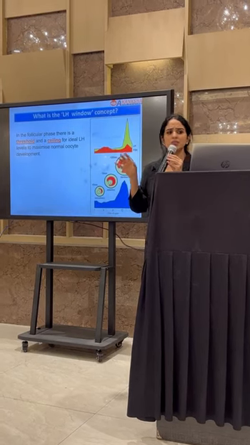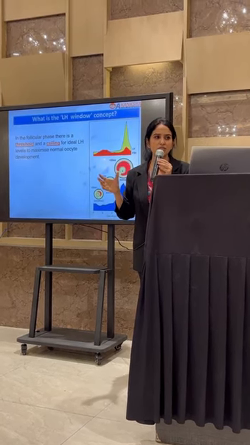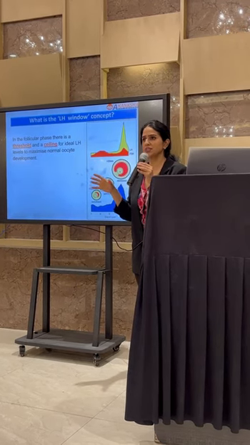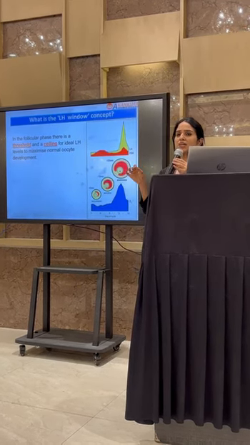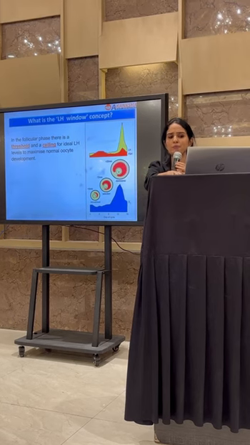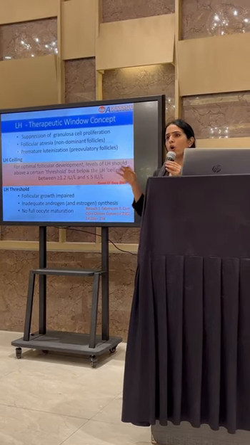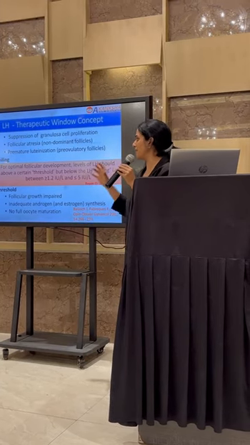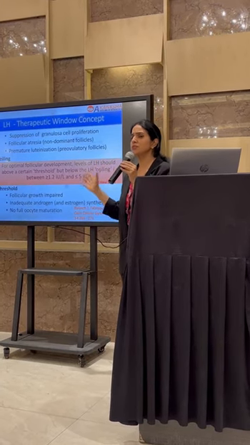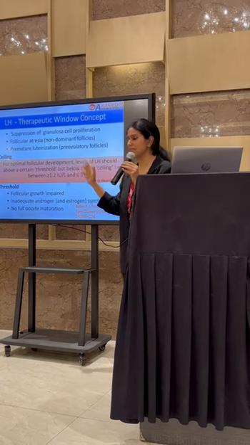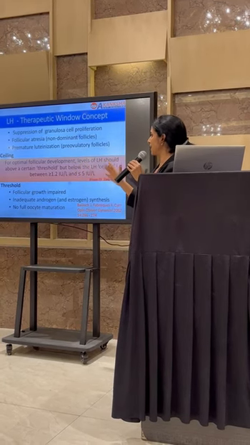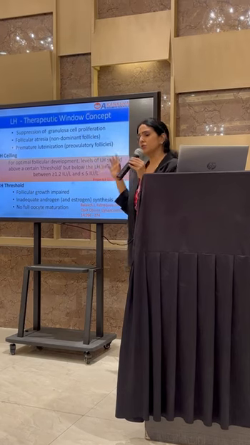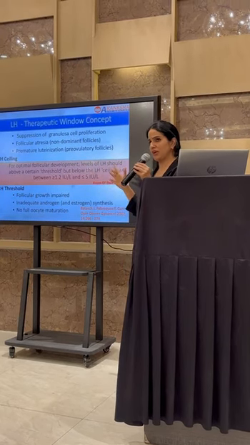Now, there is one concept, the LH window concept. In the follicular phase, there is a threshold and a ceiling for the ideal LH concentration. How much is the ideal concentration for LH? Why is it important? Because for optimal follicular growth, the levels of LH should be above a certain threshold. Values can differ in some studies. This is from Gardner: LH values between more than 1.2 and less than 5 international units,